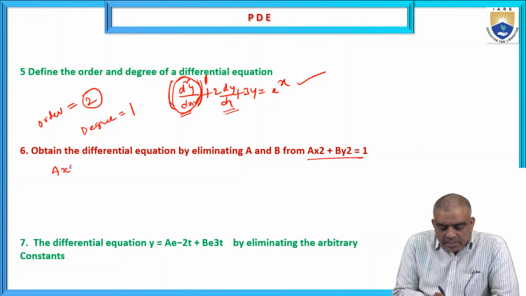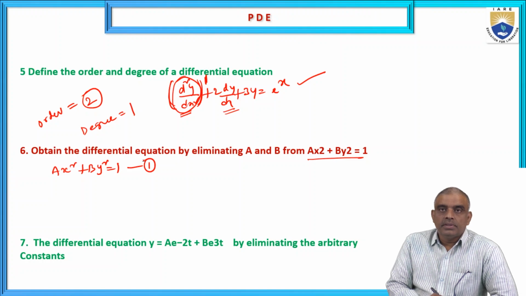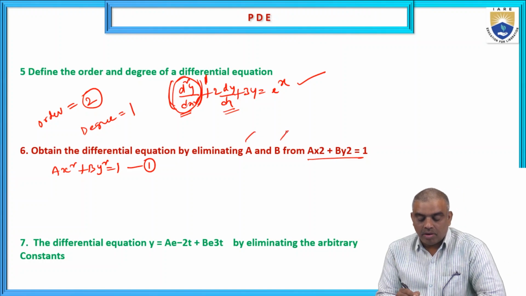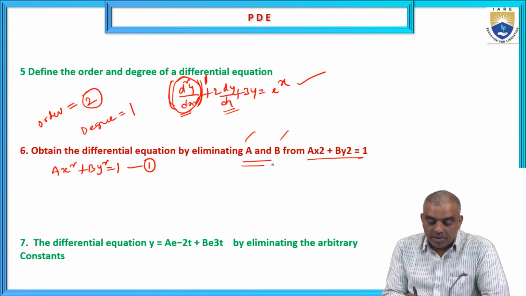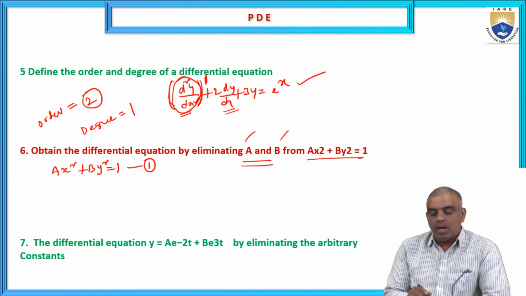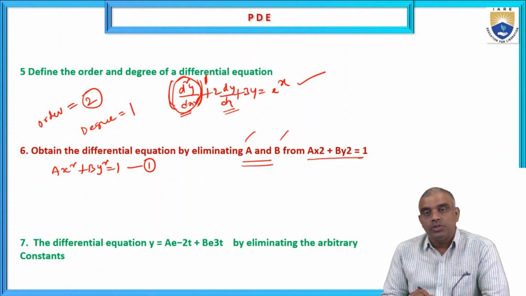So the given equation is ax square plus by square is equal to 1. This is the given equation, and in it a and b are arbitrary constants. We have to eliminate a and b and form the differential equation. So we need to eliminate two arbitrary constants, and that means you have to